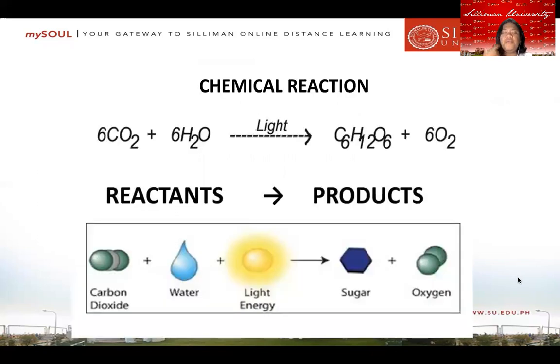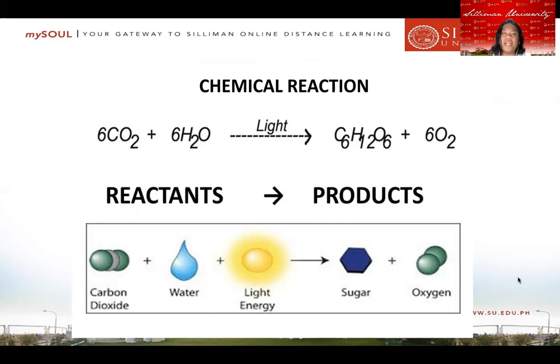Just to freshen up and review your previous knowledge on chemical reactions as discussed in your junior high school science, a chemical reaction involves two sets of substances. You have the reactants and you have the products. The reactants are the ones that you combine or mix together, or you need to have them react to